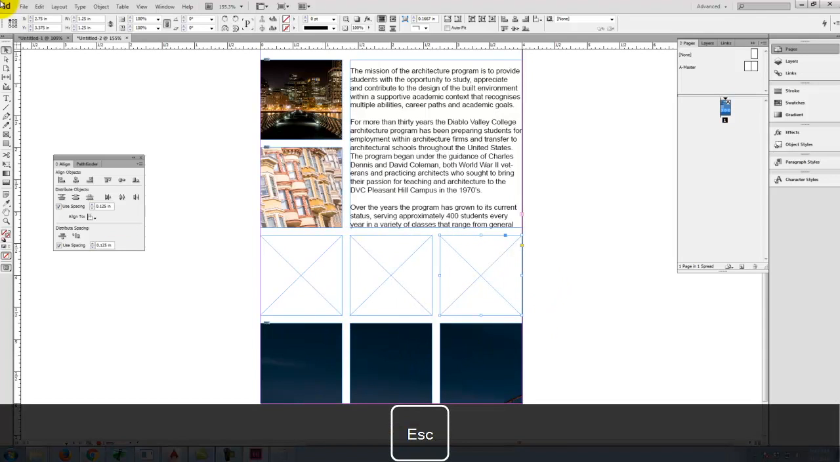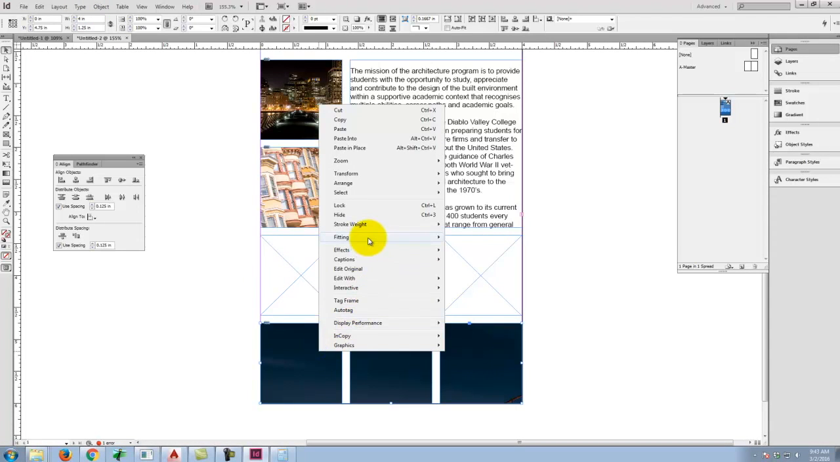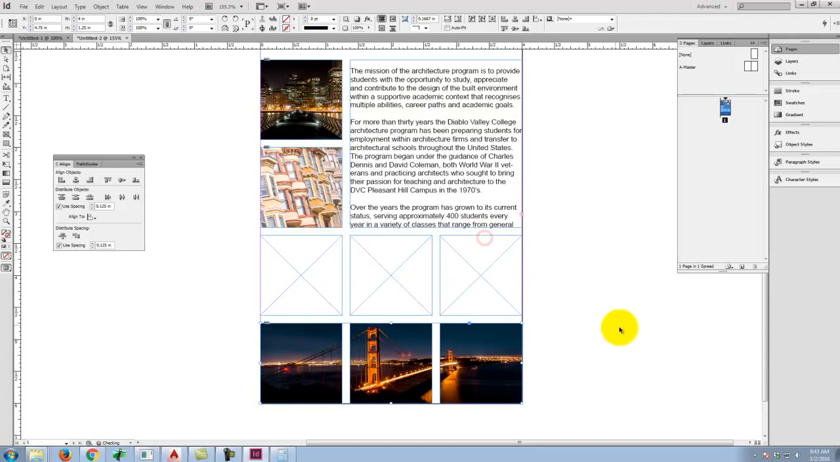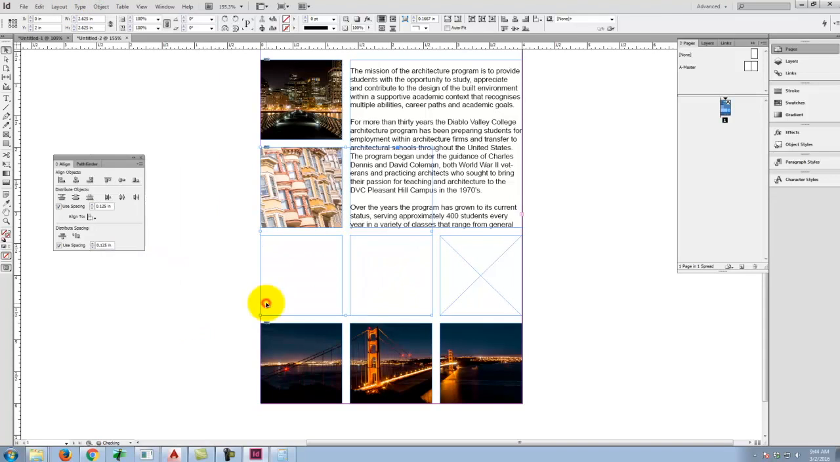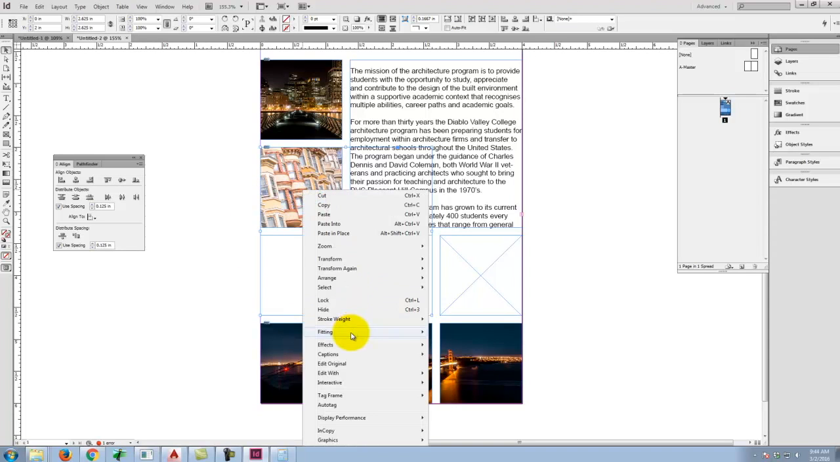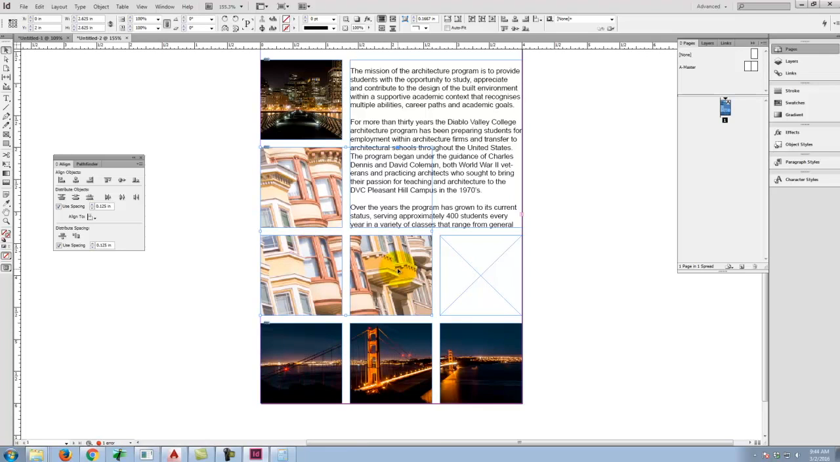Sorry, wrong thing selected. Right-click, Fitting, Fill Frame Proportionally. Now we have that at the bottom. Now maybe this image here needed to span multiple frames. So let me take this, this, and this, and I'm going to go to Object, Paths, Make Compound Path. It now is all three of those. And if I right-click and I go to Fitting, Fill Frame Proportionally, that image will now span all three of